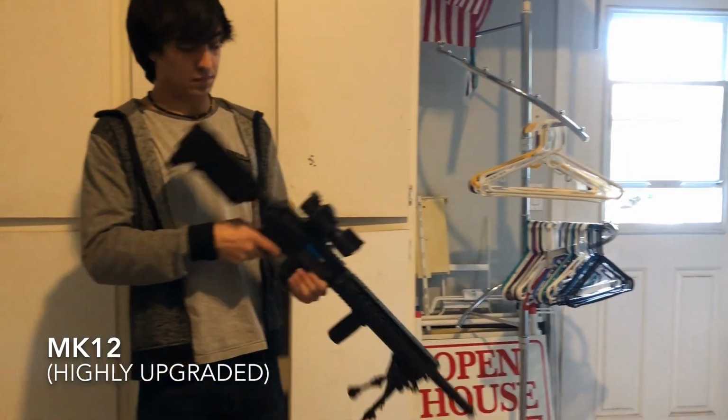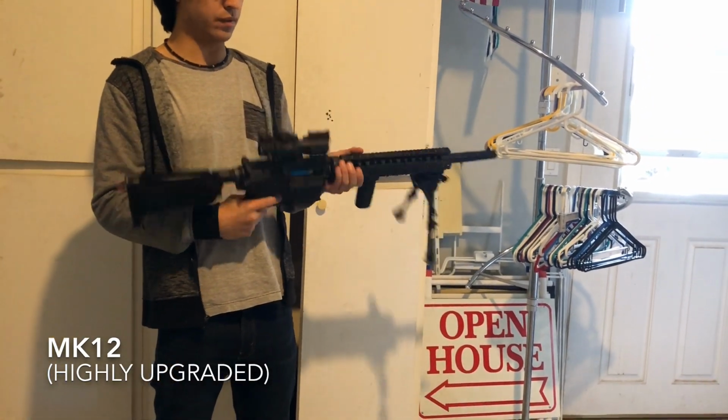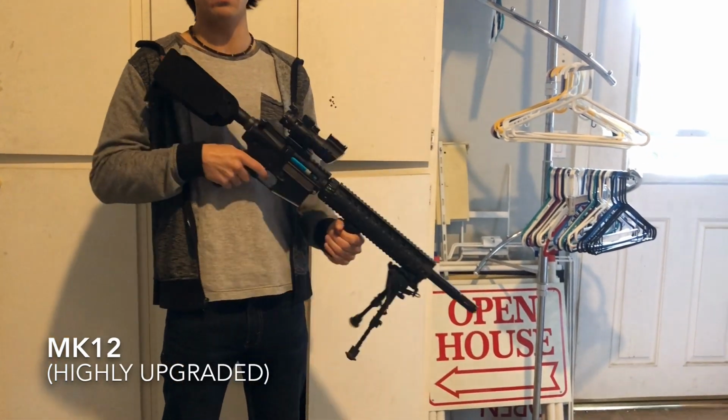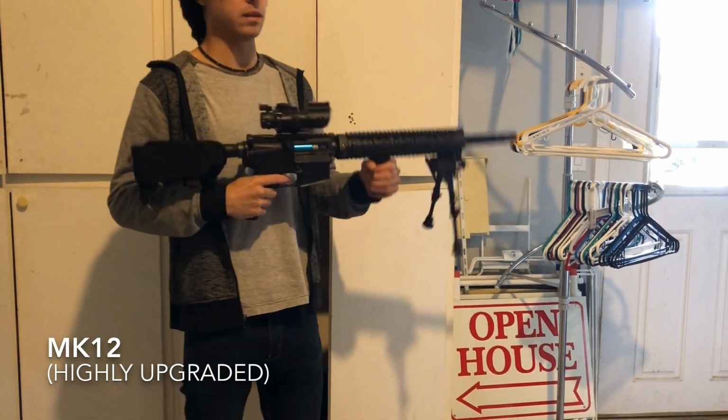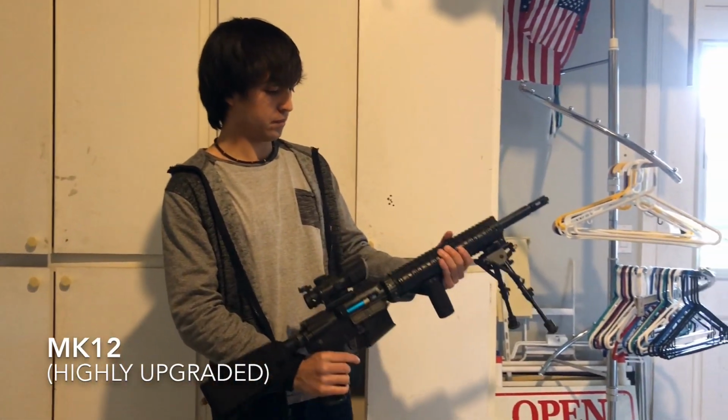And yeah, it shoots really, really nice. It's very accurate, probably gets a good 250 to 300 feet of range without a problem. And the BBs we normally run through this are .3 or .32 BBs, so they seem to work really, really well. Externally, this has got some